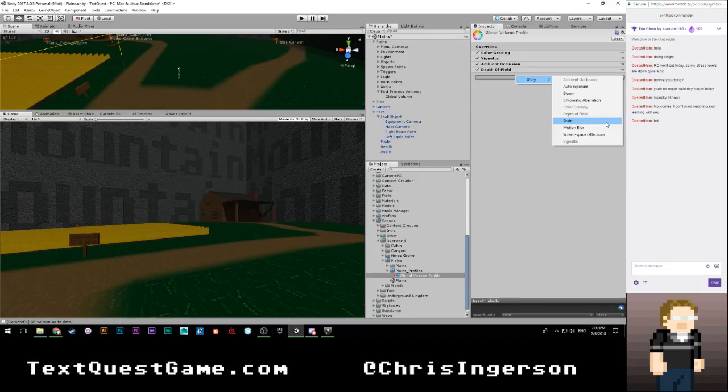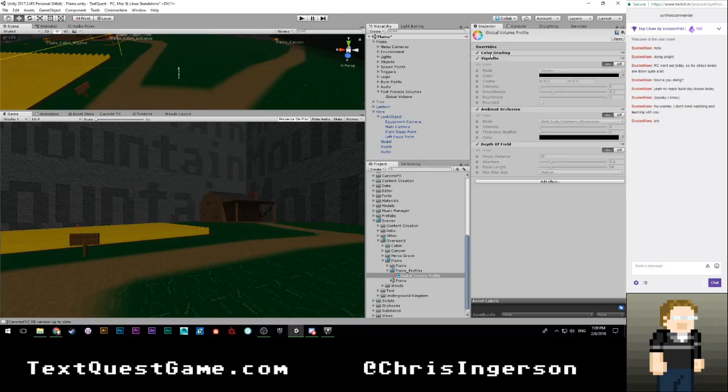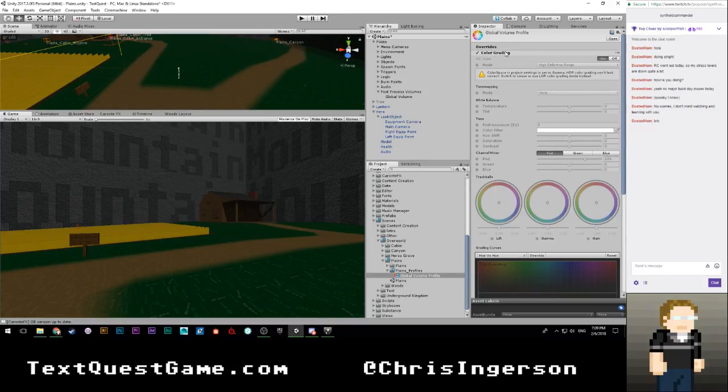Chromatic aberration is way overused in games, I feel. It's kind of like the modern day bloom. And I feel like my game doesn't really have much use for chromatic aberration, at least not right now. And bloom, I personally don't really like bloom, but we don't really need it either, I don't think. And auto exposure, same thing. Don't really need that. All right, so these are all of our